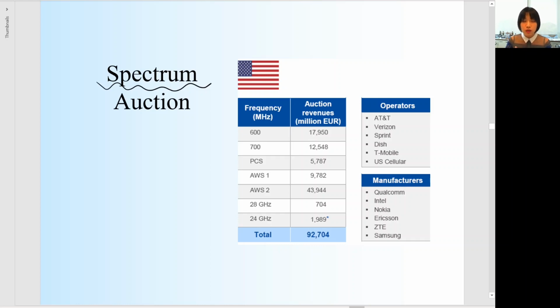Usually it involves huge amount of money, millions or even billions of dollars. For example, as we move from 4G to 5G network, the government needs to decide, for the carriers, AT&T, Verizon, T-Mobile, and so on, who gets what frequency, covers what area. Like AT&T will get 600 megahertz frequency covering the New York area, and T-Mobile will get 700 megahertz covering the West Coast, and so on. And they need to pay the corresponding prices for this license.